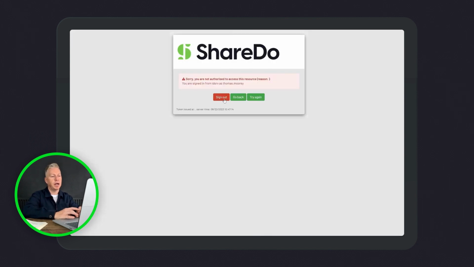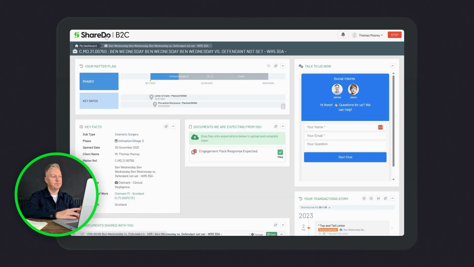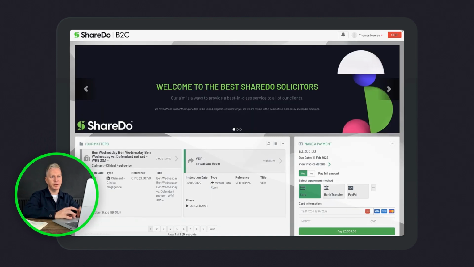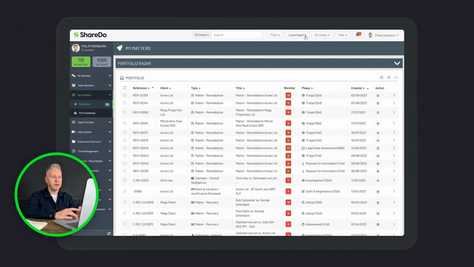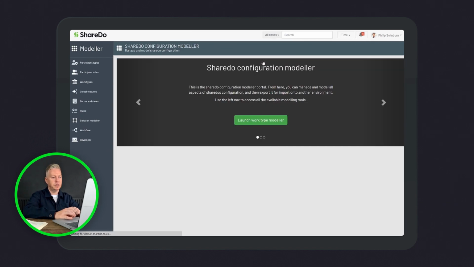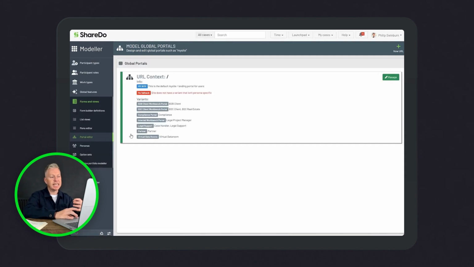Quickly in ShareDo, if we jump across into Modeler, which is where we configure all of these things into our enterprise, let's just stop impersonating. We'll stop impersonating our consumer because they won't have access to Modeler. Jump across to Modeler, and we can see here in our forms and rules, we'll quickly jump to the portal editor. So again, this is a zero code